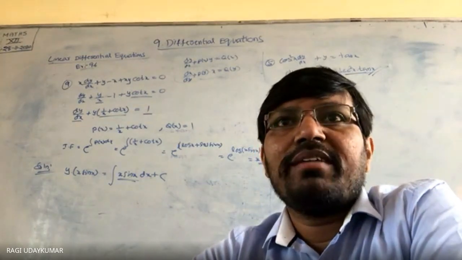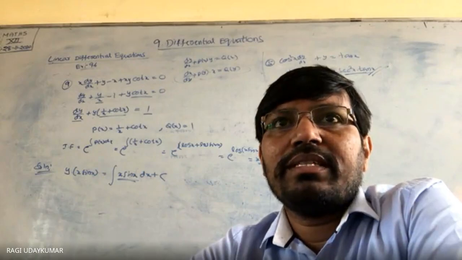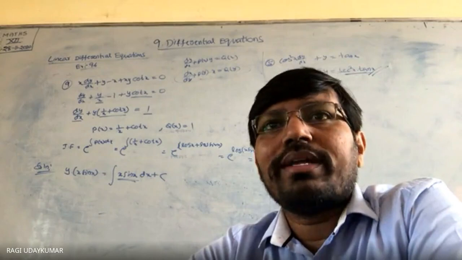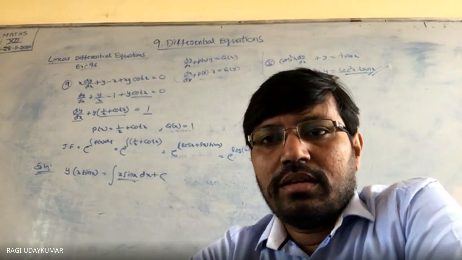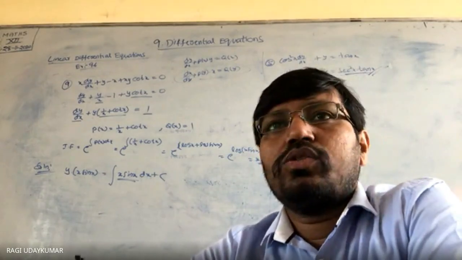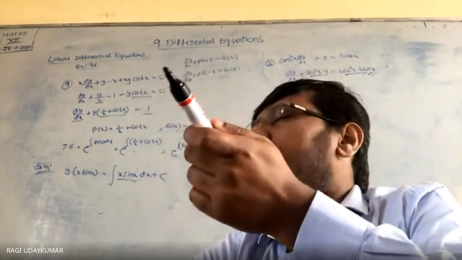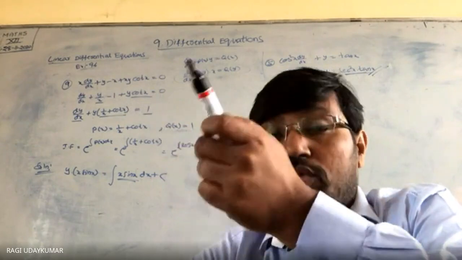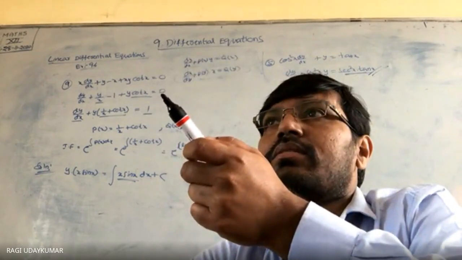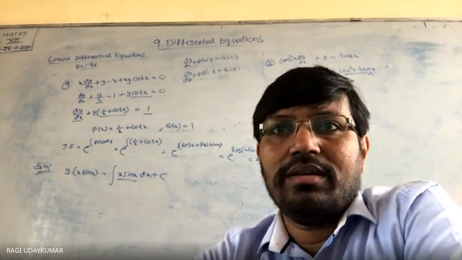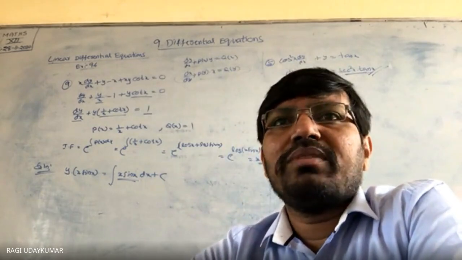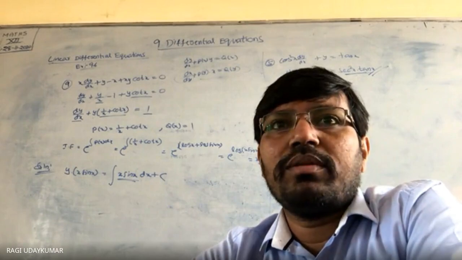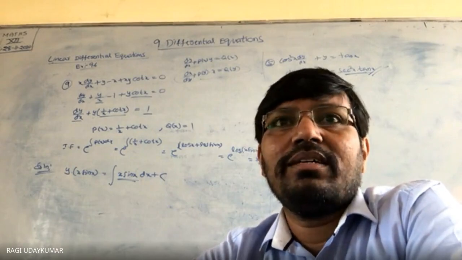dy by dx equal to p of x into y. What is p of x? 3 cot x should be taken as p of x. So what is the integration of cot x? Log sin x. So 3 will go to the numerator, and you are going to get the integrating factor as sin cube x, or rather 1 by sin cube x. So the problem can be solved. It's not difficult for you, I think. So let us move to the 16th and 17th problems. These two problems you may feel are different, but they are simple.